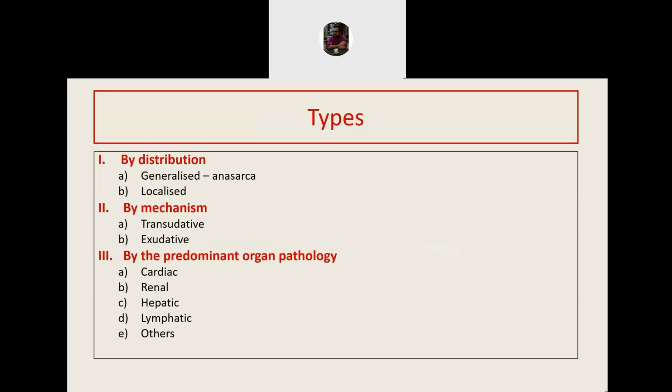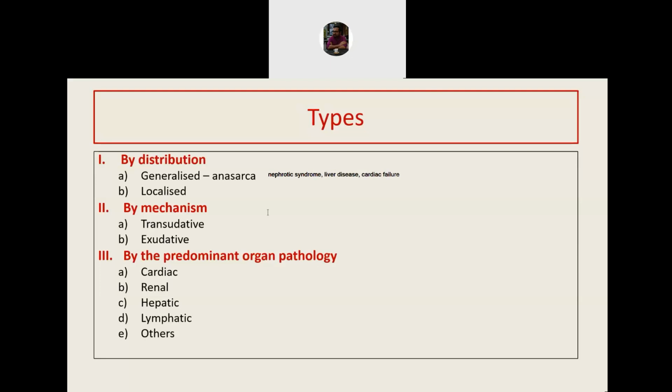So let us first classify edema to get an idea of how diverse it can be. Certain types of edema affect the whole body. So more than 2 or 3 areas can be affected by swellings or edema. Such generalized edema are called anasarca, and they are typically found in diseases where the protein is lost from the body, like nephrotic syndrome, or in liver disease where protein is not synthesized, or when the hydrostatic pressure increases in the veins, as in cardiac failure.